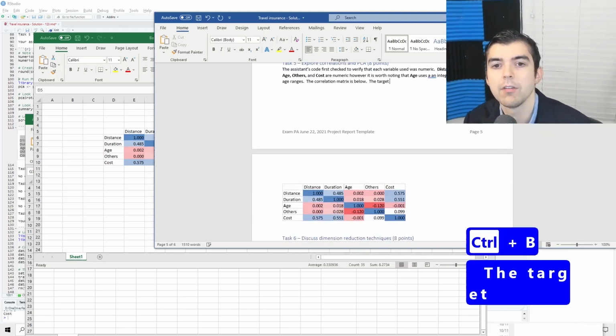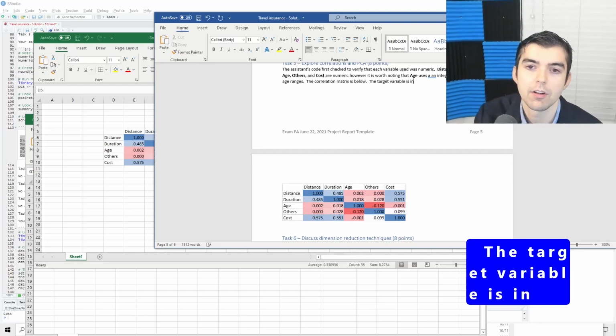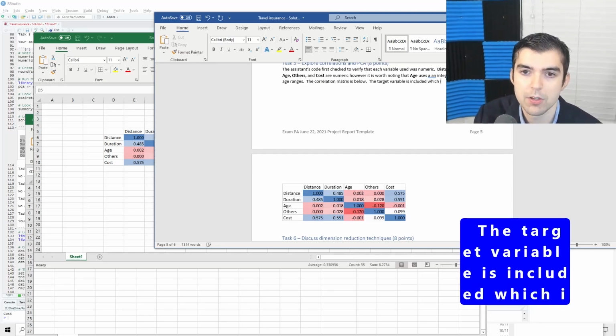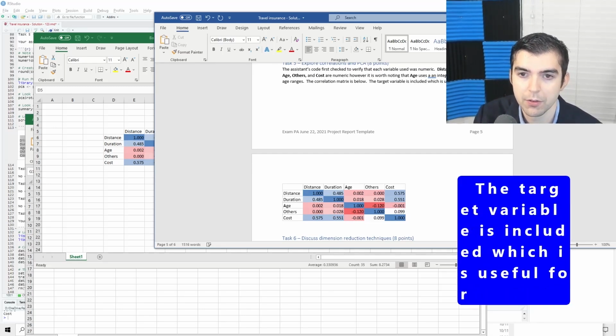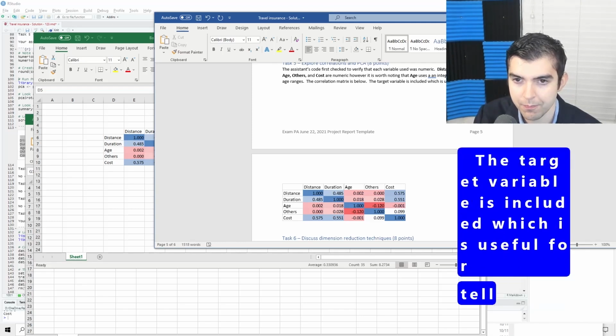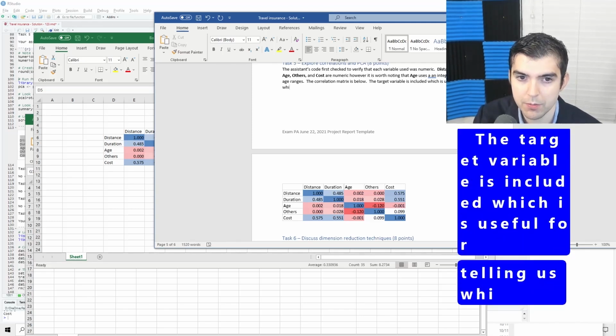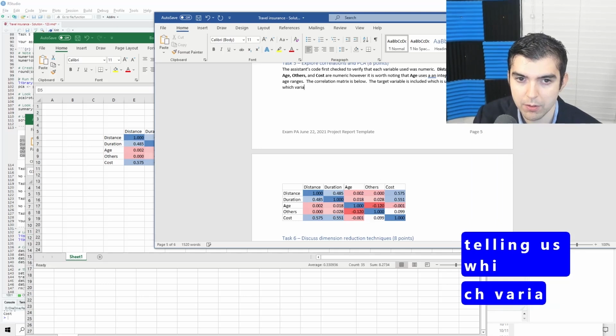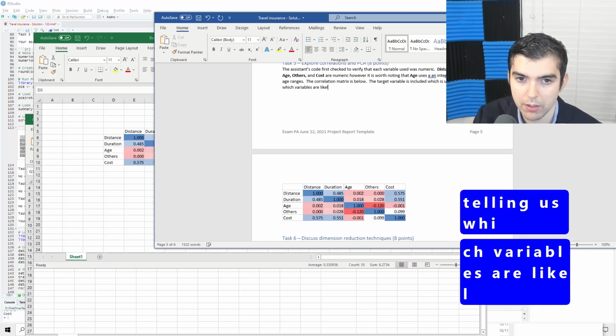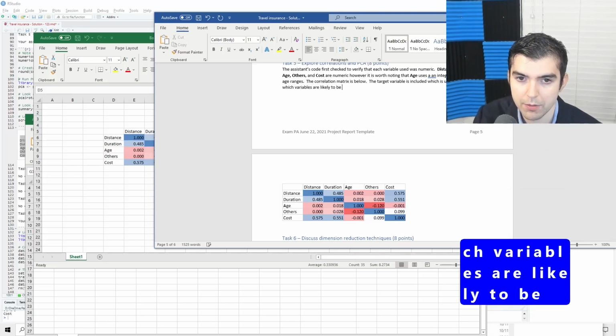Notice that the target is the cost variable. The target variable is included, which is useful for telling us which variables are likely to be predictive.